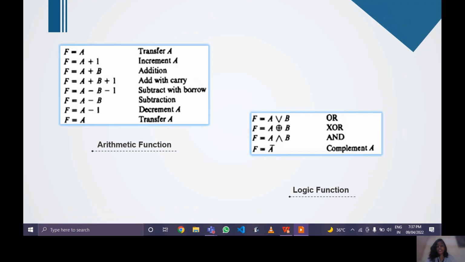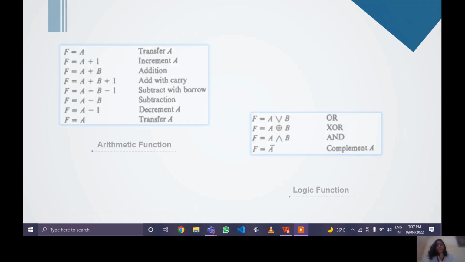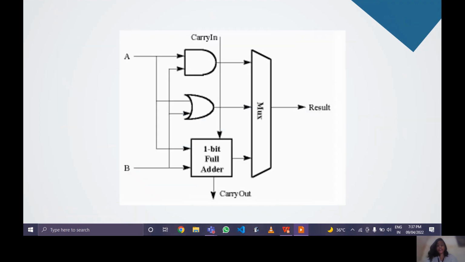Now coming to the logic functions, these are the functions that are normal, that is OR, exclusive OR, and complement of A. So we can just directly take these four logic gates, put them together with a mux, and the resultant formed will be the logic circuit. So this is a small example about a 1-bit